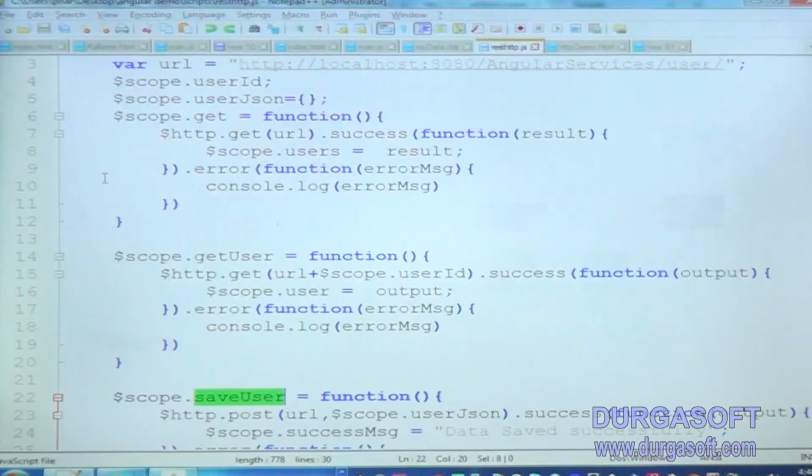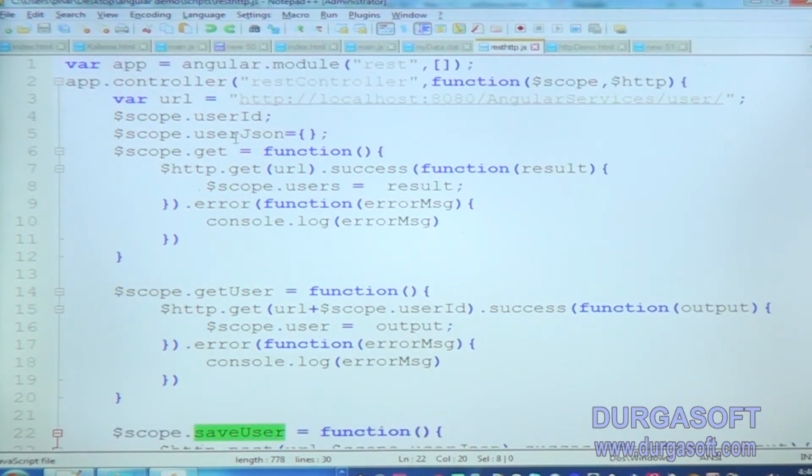It is coming. Okay. So what I am doing is, the data I entered in the text boxes, that data I am saving in the database using an Angular Services web service. For this, in the backend I created one empty JSON.